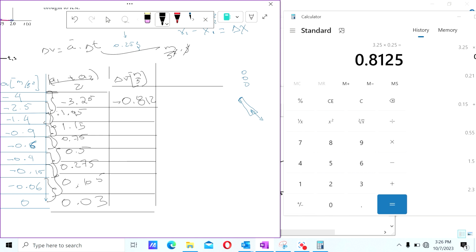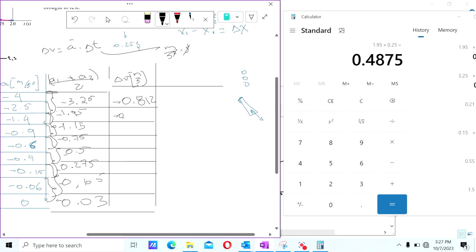And remember, all this is negative. All right, 1.95 times 0.25. This is negative 0.487. All right,